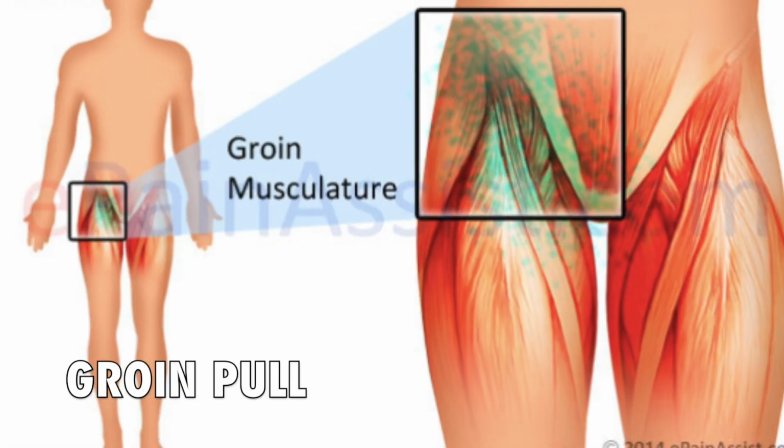The second common sports related injury is called groin pull. Adductor muscles are the muscles located in your inner thigh region and are responsible for your leg's inward movement. When you are kicking a football, trying to throw a ball, or trying to hit with your tennis racket, the leg moves towards adduction, and at that time groin pull is very common. Sudden movement, twisting or change in direction mostly leads to groin pull.